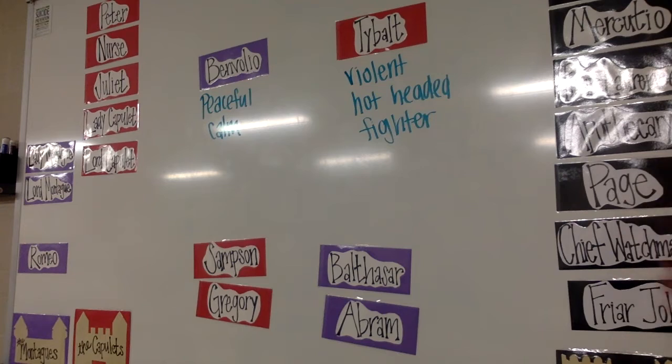So he gives them an ultimatum. What does he tell them? Yeah, "If ever you disturb our streets again, your lives shall pay the forfeit of the peace." So he's saying if you guys fight again in the streets, whoever's doing it is gonna be put to death, basically, right? You get sentenced to death. The prince is over it. They are disturbing his